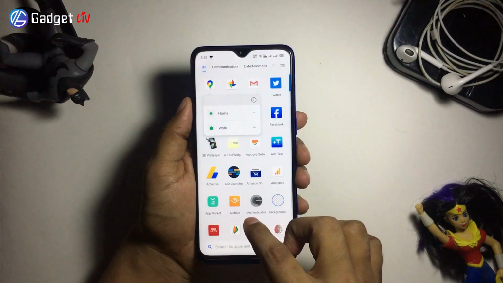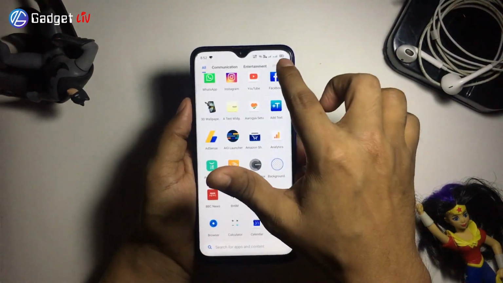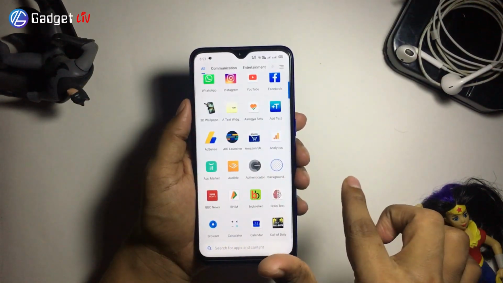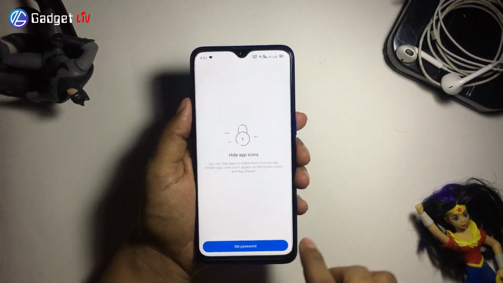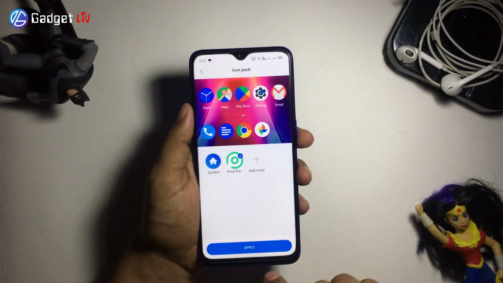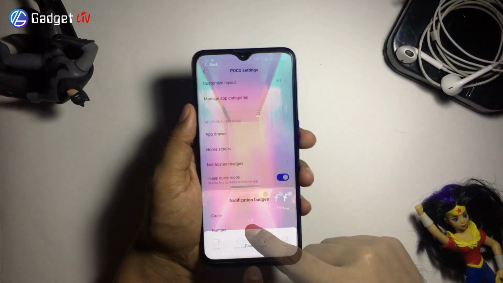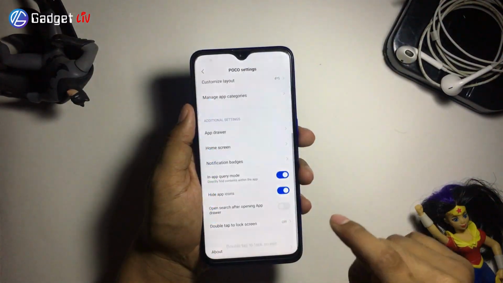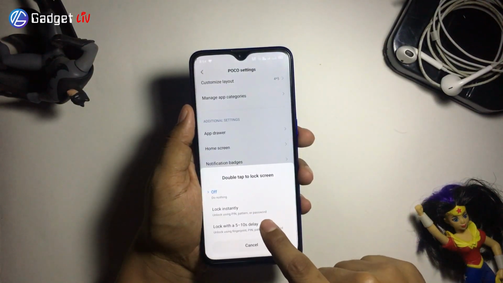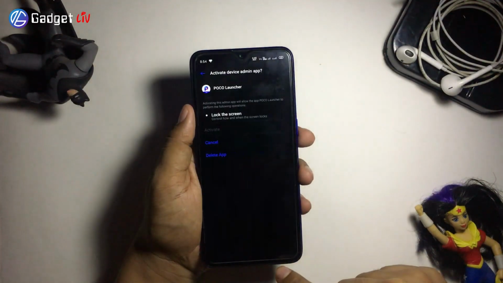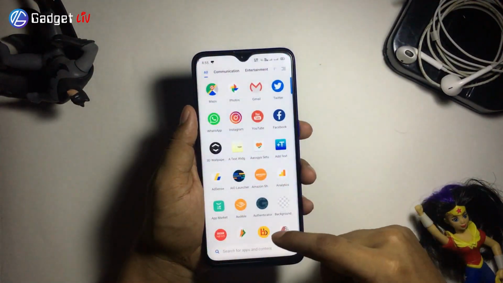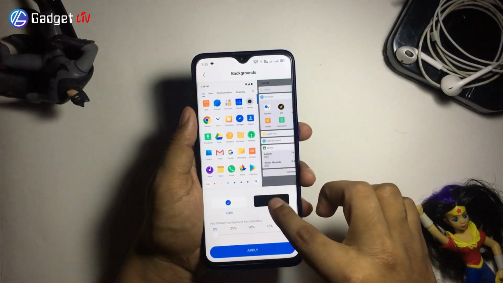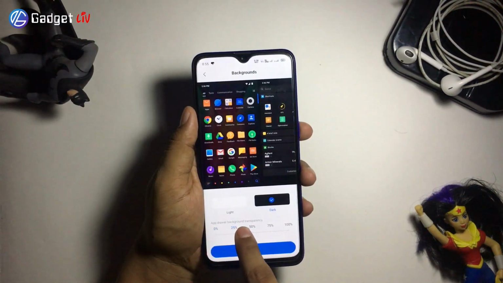The launcher offers a clean and fresh home screen and an app drawer design with no annoying ads or bloatware apps suggestion. It has many customization options like changing icon packs, transition effects, notification badge, hide apps, etc. Other than that, you can also enable double tap to lock the screen, which is a pretty handy feature. So if you are looking for a minimalistic design with decent features and an ad-free launcher, then Poco Launcher is the best Android launcher in the Google Play Store.